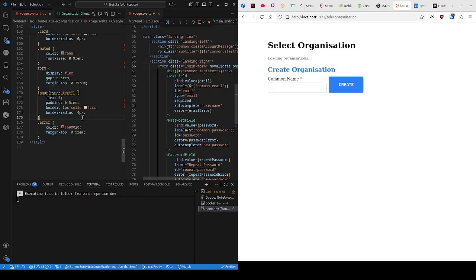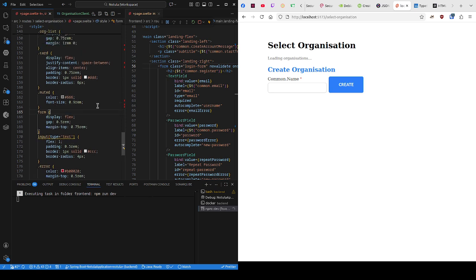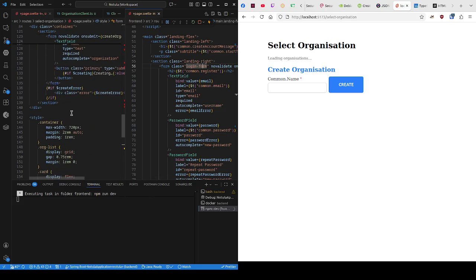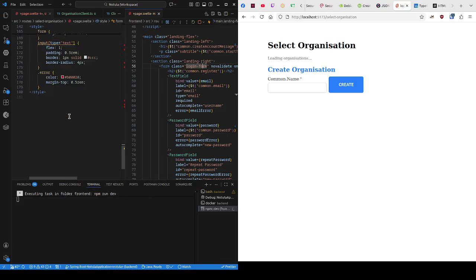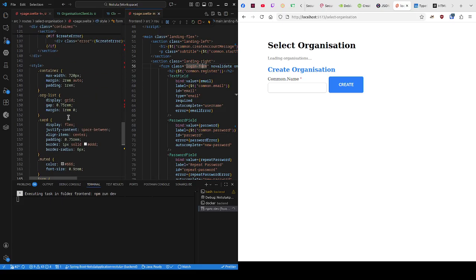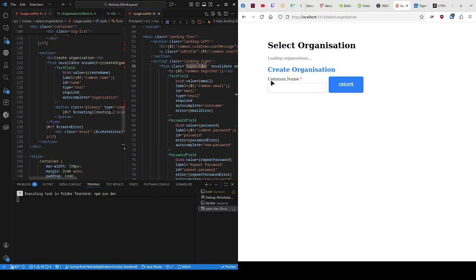Okay, not so sure it looks better. But yeah, all of this CSS is basically something I have to delete. Also the CSS for login form, I'm not sure if I want to keep separate CSS for login form. I don't think so. But I have to standardize a bit more the whole container as well. But so if I do a test, then I say create,